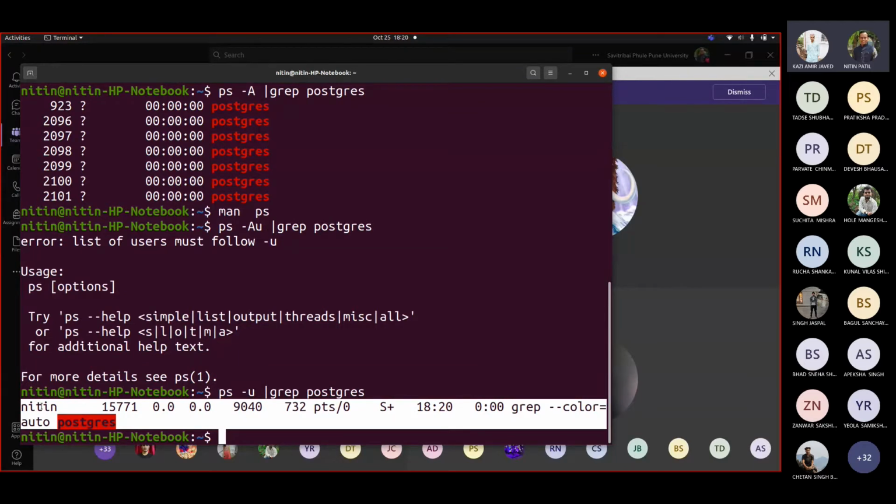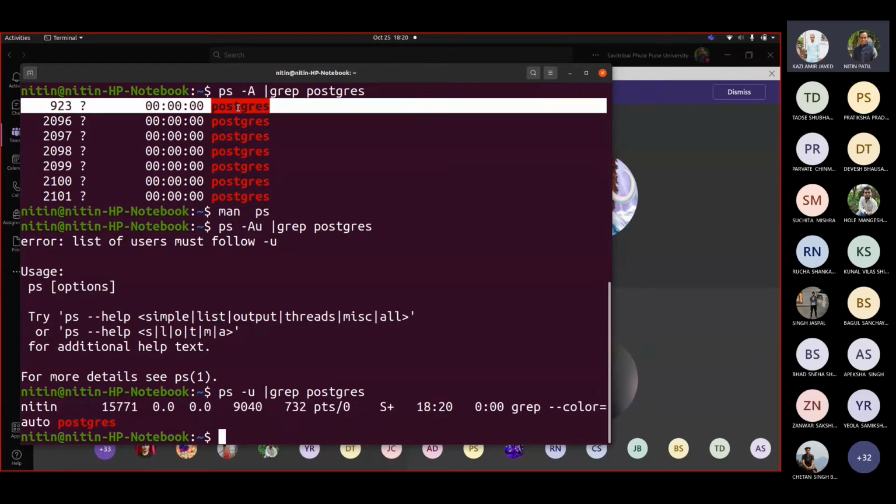What is the process which is running as a server above? This was our server process 923, which you can see. This 923 is owned by your user called Nitin. Correct?